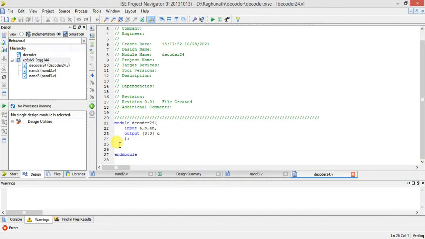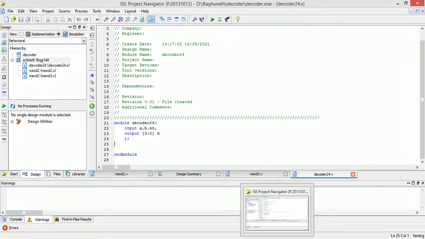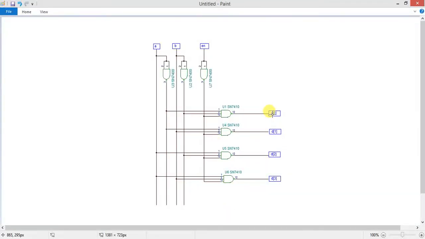Now, first go to this diagram. This is how to get A bar. I want the A bar signal, the B bar signal, and the enable bar signal. So I have to use NAND 2. I have to call the NAND 2 structure. B bar is also obtained by NAND 2, and enable bar I also have to obtain by NAND 2 only. After that, to get D0, D1, D2, D3, I have to use the 3 input NAND gate structure. So I have to call this.